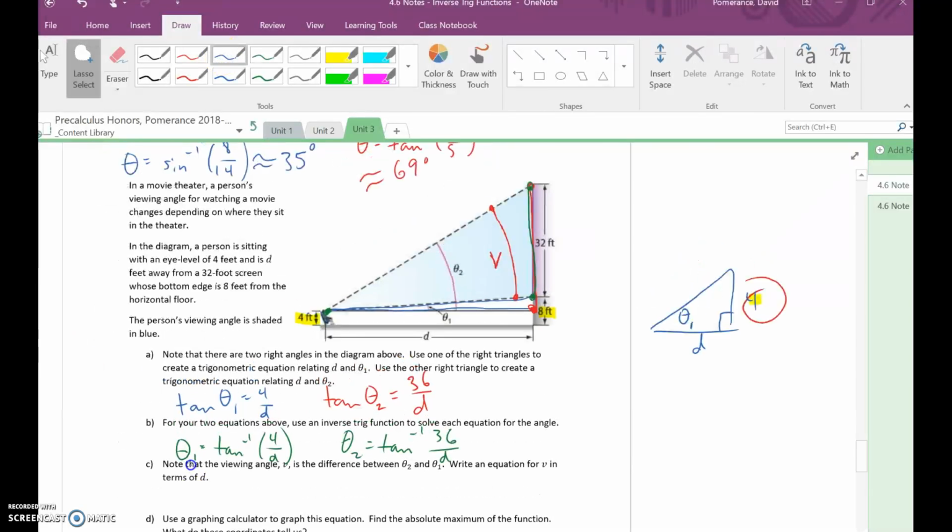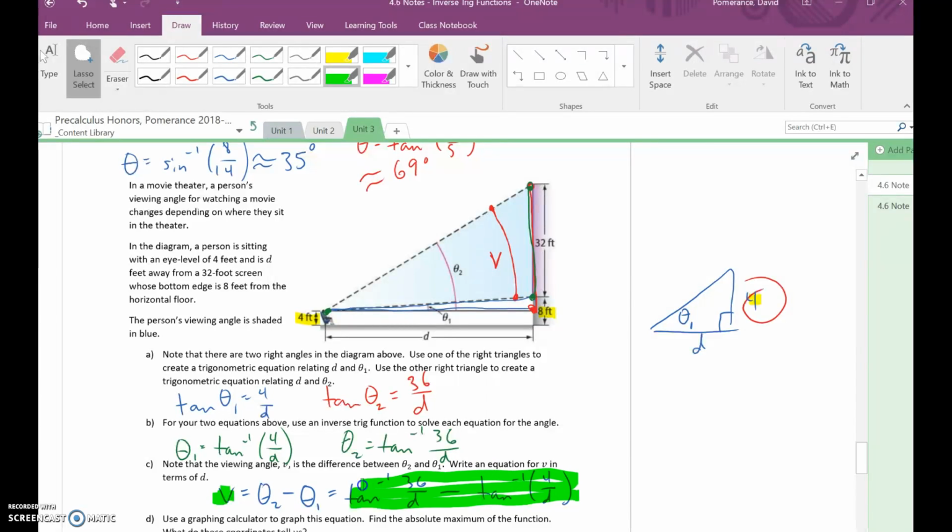Well, we were just told that V equals the difference, theta 2 minus theta 1. So we're subtracting, and we know what theta 2 is, and we know what theta 1 is. We've got inverse tangent of 36 over D is theta 2, minus inverse tangent of 4 over D. So that's what V equals. V, the thing we're looking for, is